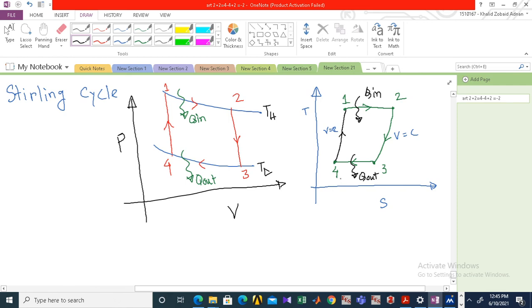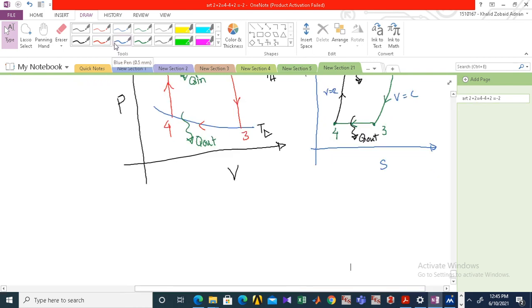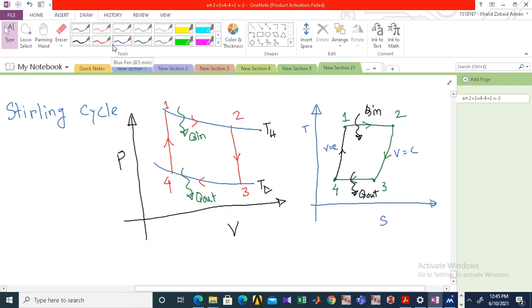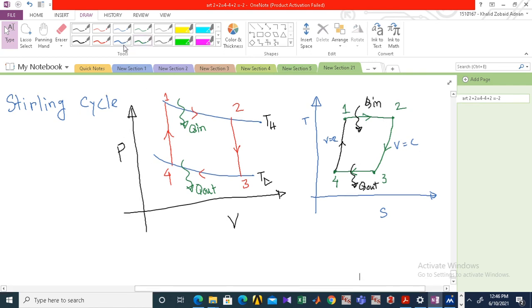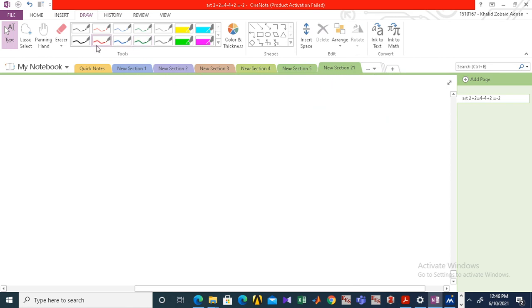So far so good. Then there's another cycle, which is the Ericsson cycle, which is actually kind of the same, but instead of the constant volume processes there will be two isobaric processes. So there will always be heat addition in the two temperature sources, the TH and TL. So we need to consider those in the PV diagram also. So in the Ericsson cycle,